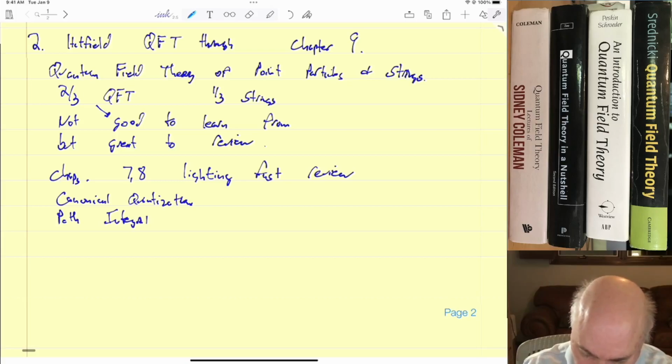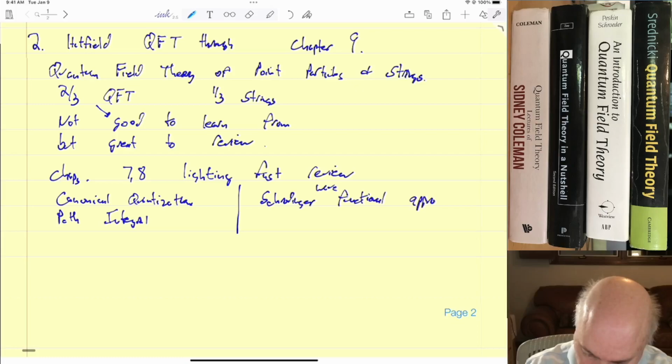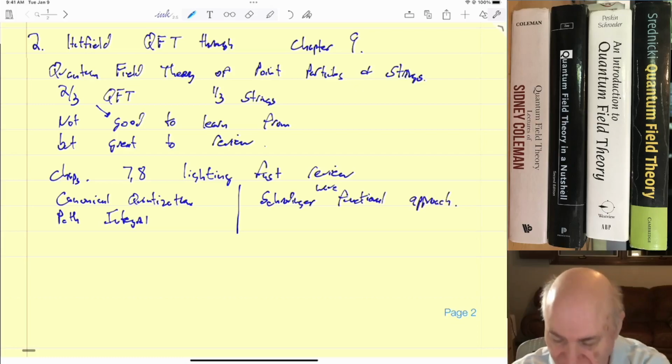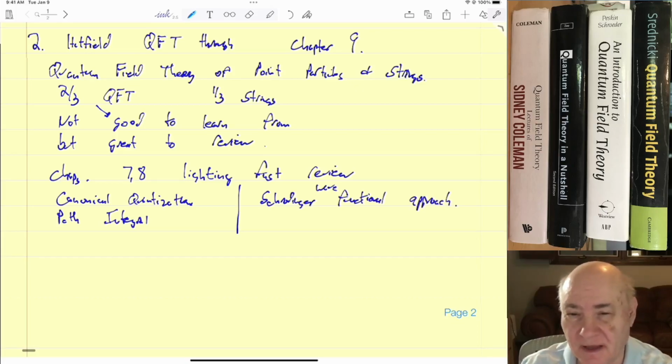But there's also another which almost no book covers, which is sort of like the Schrodinger functional. I'll call it the wave functional approach. I haven't seen this covered anywhere. And